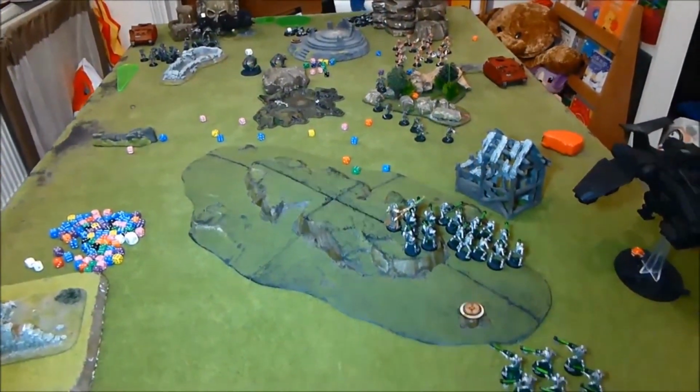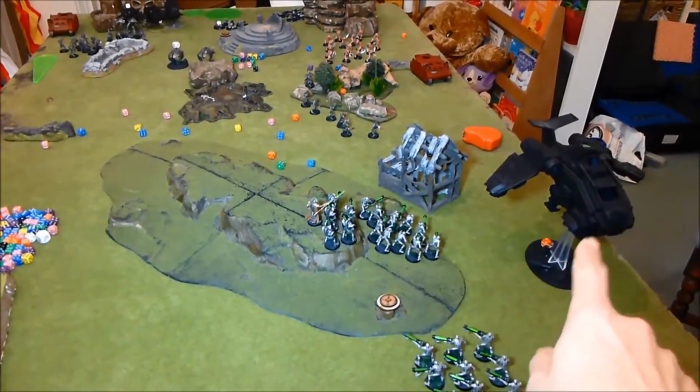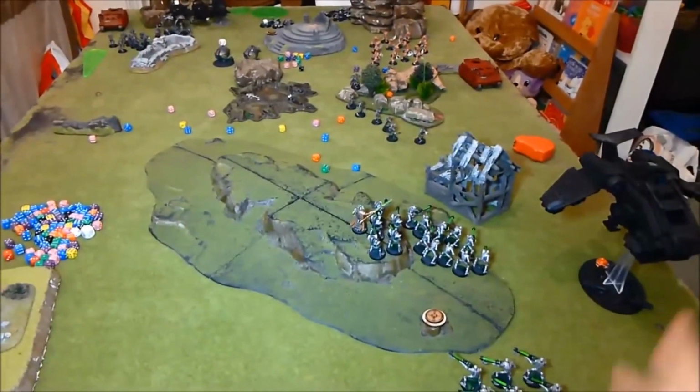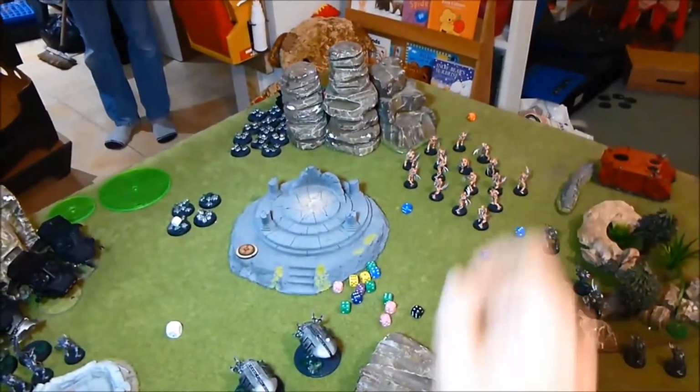Okay, so that was my turn 4. My reserves came on here. I rapid fired everything here at the Storm Raven. I got 1 whole point and it jinxed. Over here these just regrouped. Sent the flayed ones over to the bikes,